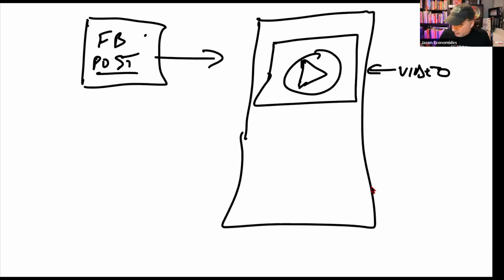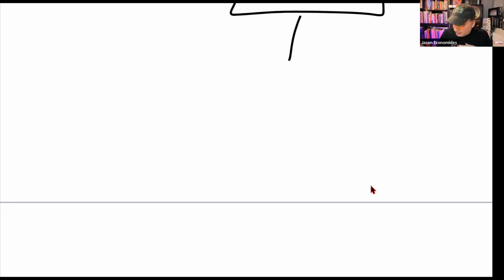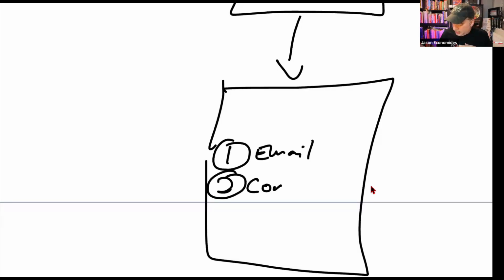then down here, you probably remind them what the free thing is. You ask them for their email, and then you put the submit button, right? Preferably with some sexy text on it, more like, yes, I want you to send that checklist right now to my inbox or something. Anyway, something catchy. You'll put that here. And then, of course, we're going to take them to that confirmation page that says, check your email, join my community,